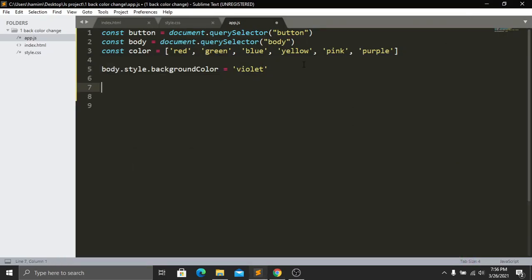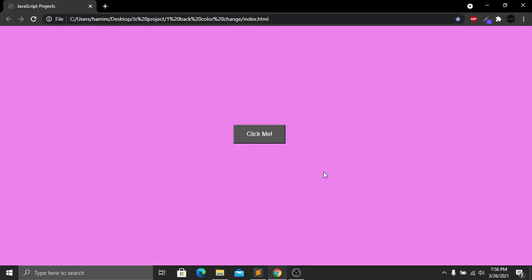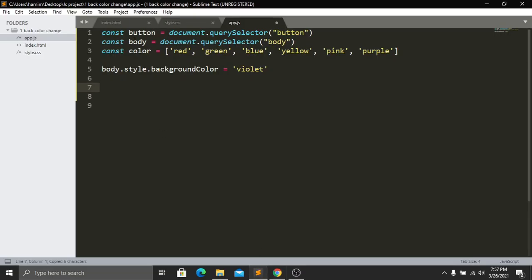So after this one, now here we have to add some functions. We have to add some event, because the color will change whenever I will click on this button. Okay, so if I tell the button to change the color, it will not change the color, because our language will not be understood by this program. So for doing this, we have to give some command like click, like hover, like move on, like move in. So we have to give some command so that the JavaScript file can understand our commands, our instruction. So for doing this, we have to give some commands in the JavaScript files. So I will give my instruction to this button, because whenever I click on this button, I want to change the background color.